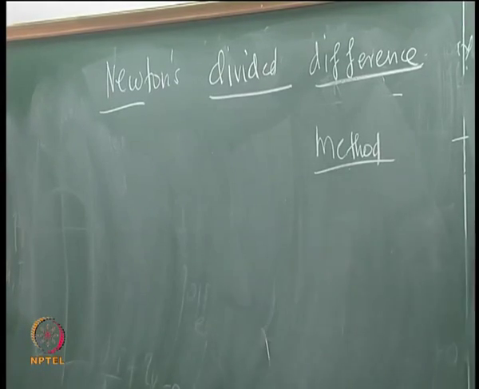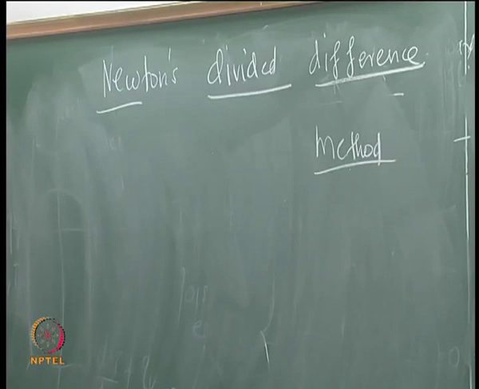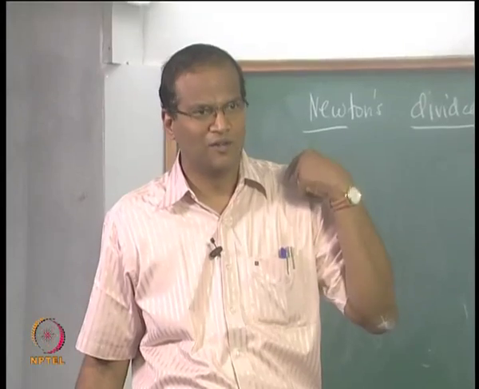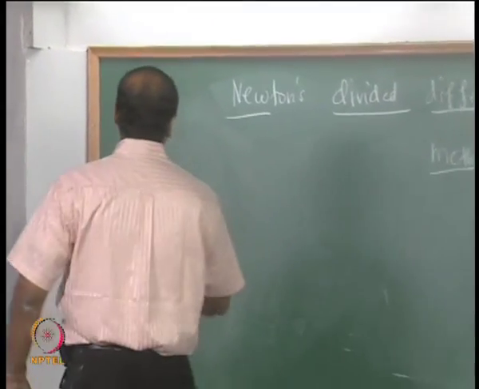Yet another way. Please remember that we are still doing exact fits. We have 3 points, and we are trying to fit a polynomial which goes through all the points. So you can have